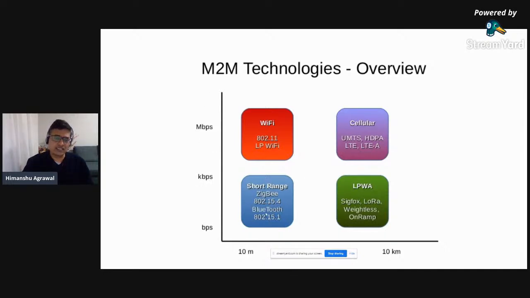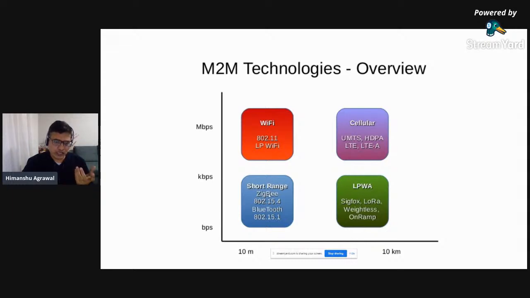So if you look at this short range wireless segment, you can see here you have potential candidates: Zigbee, the 802.15.4 IEEE standard, and Bluetooth, right? And if you look at these two important short range wireless communication protocols, the data rate these protocols support is quite low, right?